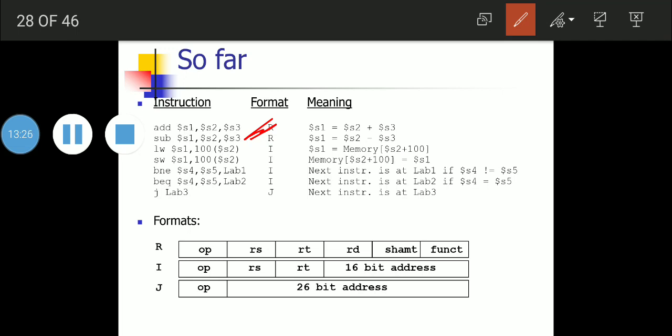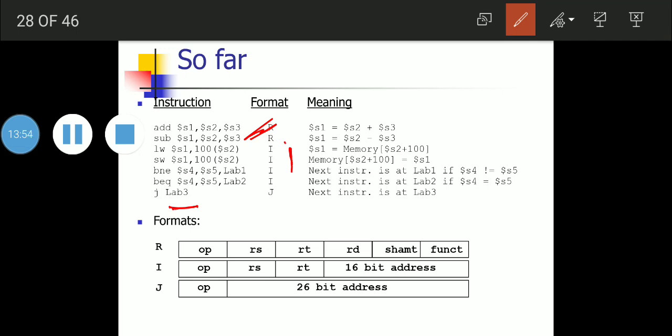And these load and store instructions come under the I type, as well as branch not equal and branch equal. They are called conditional branches. So these conditional branches also come under the I type instruction. And the last one we discussed is the jump instruction, that is J, followed by a label. So the next instruction is at label 3. So it is nothing but an unconditional branch.